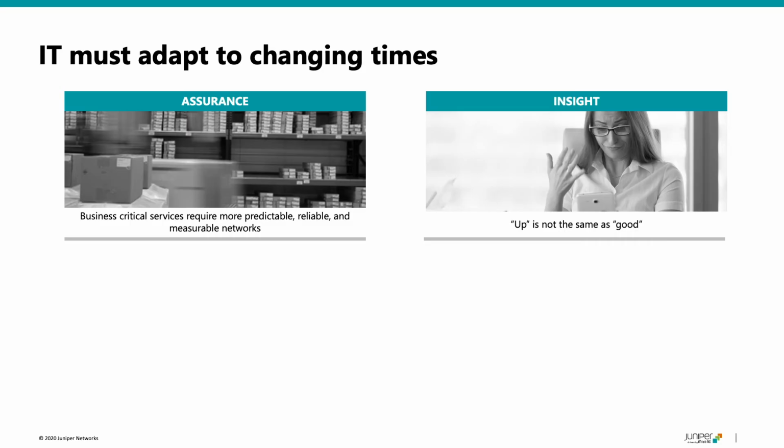In fact, let's take a perfect example of this, right? In today's COVID environment, many companies overnight saw thousands or tens of thousands of new branch offices pop up, in that people are now working from home. Maybe you call them mini branch offices, but the issue is the same. You now have many, many more remote workers that need to have safe and reliable access to the network. But what happens if, let's say I'm on a Zoom call and all of a sudden my network goes down? And I call the IT desk and I complain, hey, my Zoom's down, my network sucks.